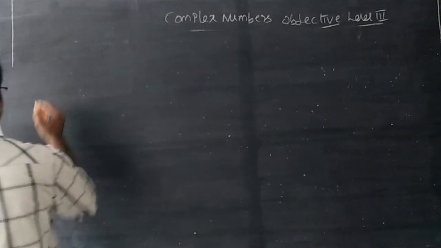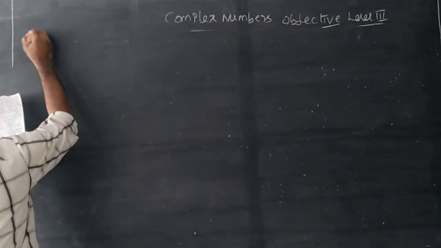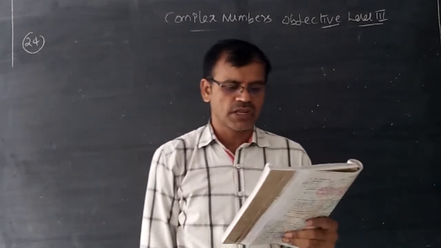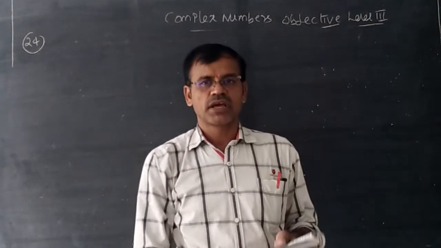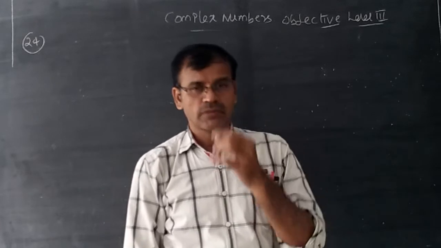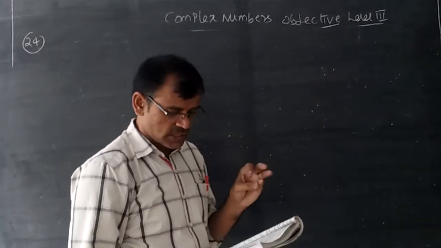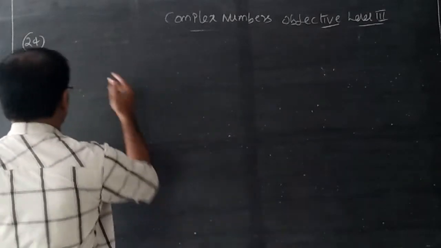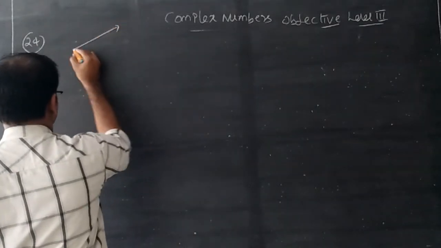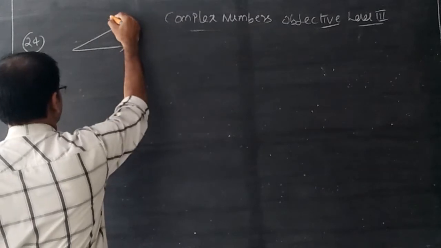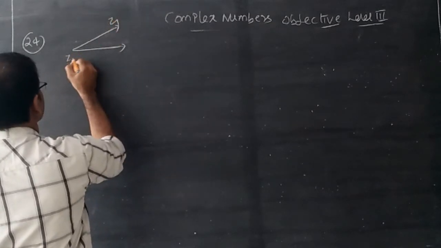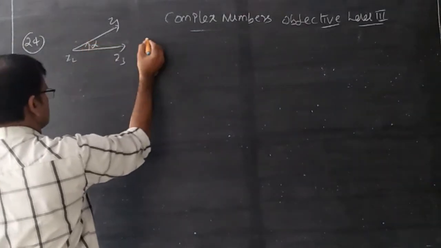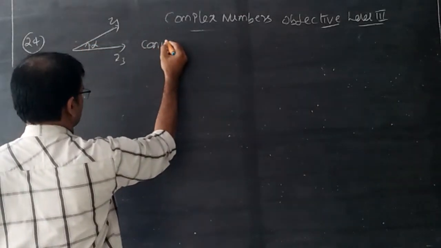Now 24. The necessary and sufficient condition for the points Z1, Z2, Z3 to be collinear is that. I think you have already done this in IPE Roman number 3 first sum in exercise 1C, but somewhat differently. Now remember the cone is there. Here this is Z1, this is Z2, this is Z3, this is alpha. And next you remember Coni's theorem.